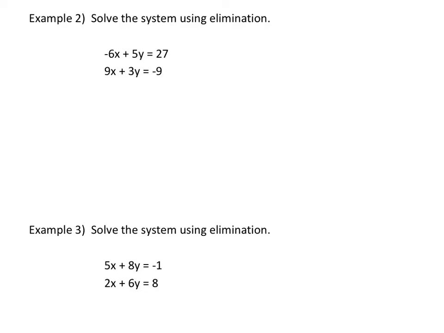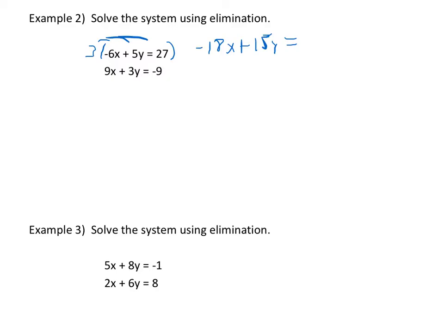Now if we look at the y's, I would have to make them both 15s and make one of them opposite. Alright? If we focus on the x's, they are already opposite, and I could get them both to be 18. So since they're already negatives, let's deal with that one and approach it by canceling those out. So I would multiply the top equation by 3, which would give us, remember to distribute, negative 18x plus 15y